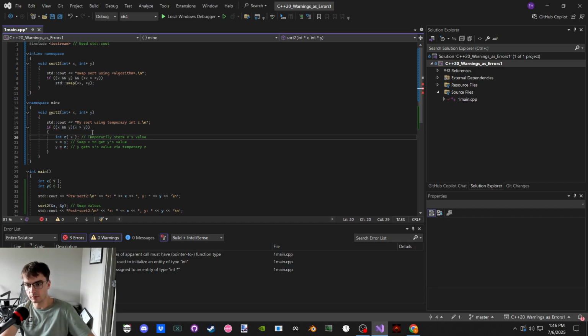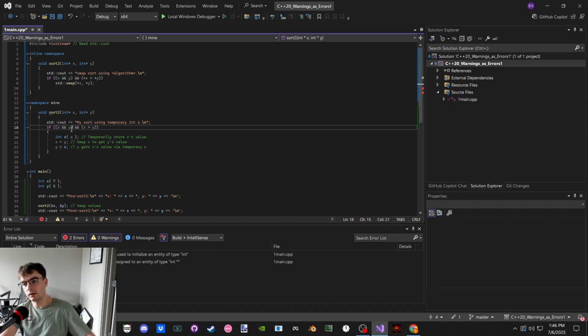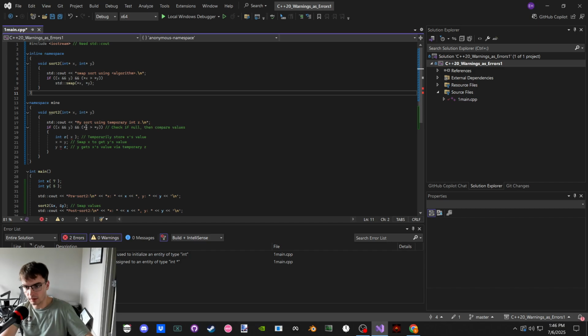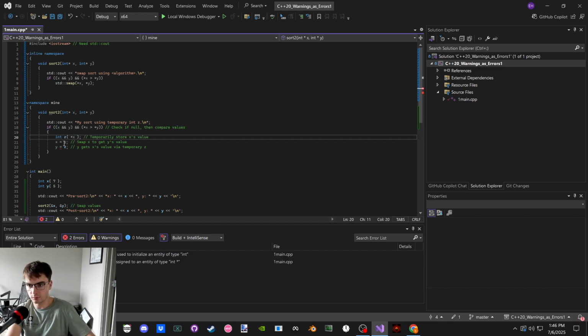It doesn't need to evaluate the rest. And so this is how it needs to be. X, check if null, then compare values. Then we can switch these guys over to references.